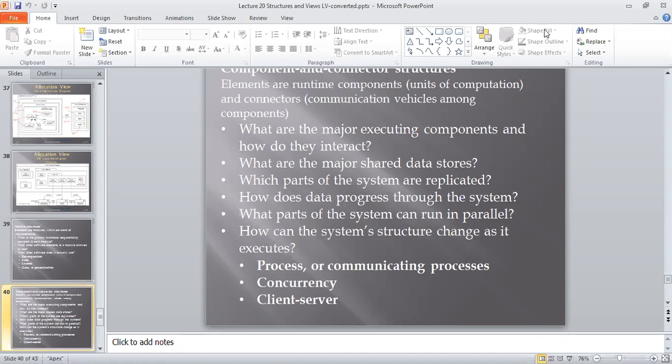There are four components in this integrated system: first of all class, then division A, division B, and division C. These four components are connected via connectors. While connecting via connectors, how communication exists between them and how it is synchronized over a network is known as a process or communicating process.